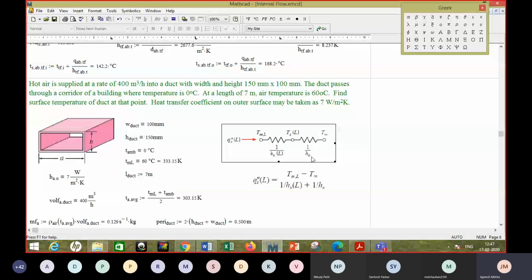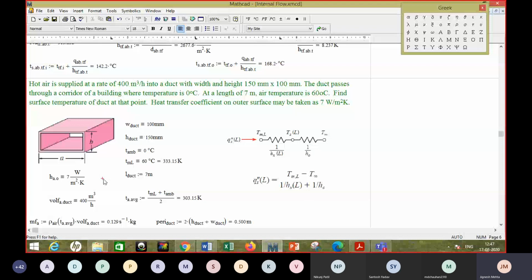So that is the outside surface heat transfer coefficient, and that number is given to you. It is 7 watt per meter square per Kelvin. If the air is nearly stagnant, then the heat transfer coefficient would be low, and that is the reason why this h_o value is low. On the outer surface, the movement of air may not be much, so this may even be a natural convective heat transfer coefficient, which we will talk about later.